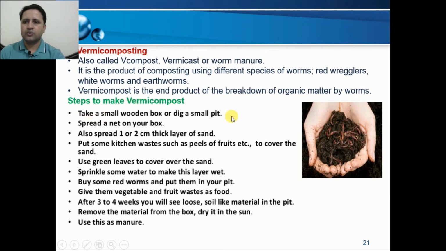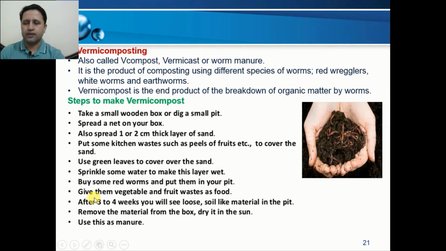You have to take a small wooden box or dig a small pit, then spread a net on your box, and also spread a 1 or 2 cm thick layer of sand. Then put some kitchen waste, such as fruit peels, to cover the sand. In the next step, use green leaves to cover the sand. After that, sprinkle some water to make this layer wet, and buy some red worms and put them in your